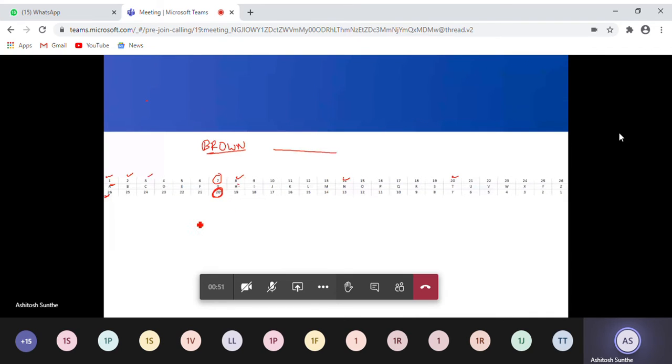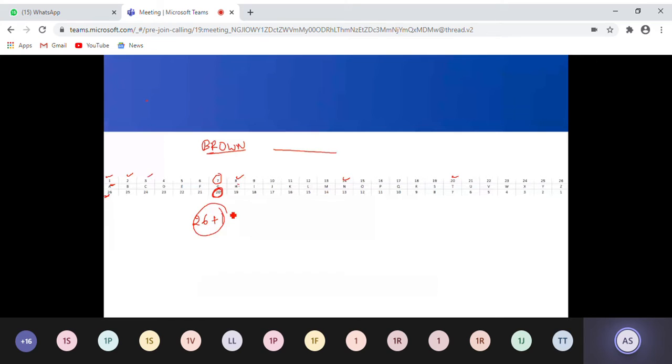It's very simple. See, there are 26 alphabets, right? Add 1 to it. That will be 27, right? So from 27, you have to subtract the number that you already know. You know G is the 7th alphabet, right? So just subtract 7, you will get 20. That is the number here.